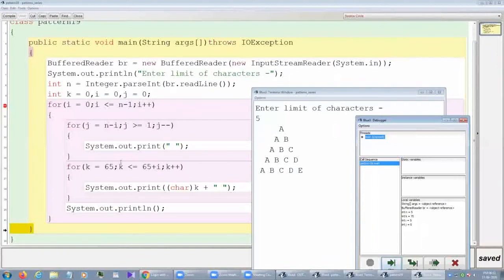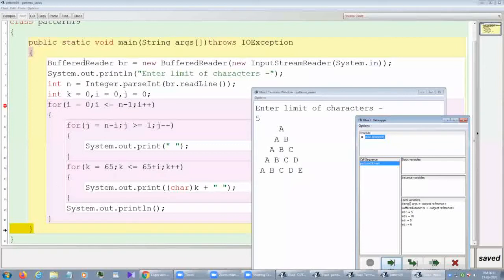But how will we do this using a string? Enter the limit of the characters. If a direct pattern is given, at that time you may do it. You can see here it is given: enter the character. So how will we know the limit? So how do we assign the string also?